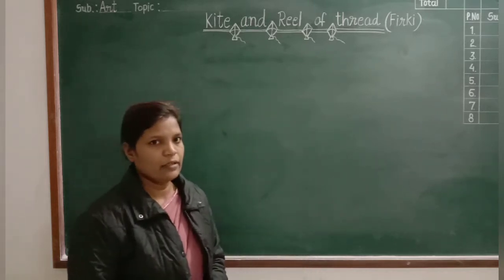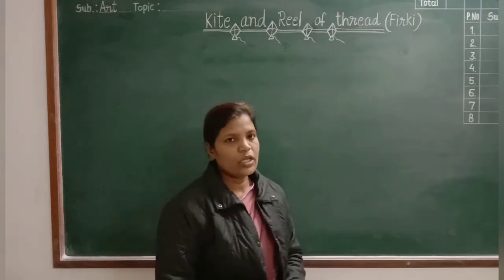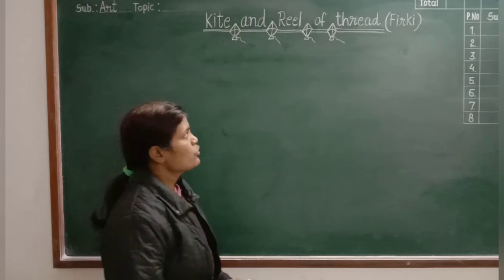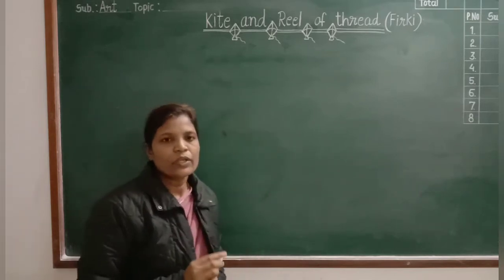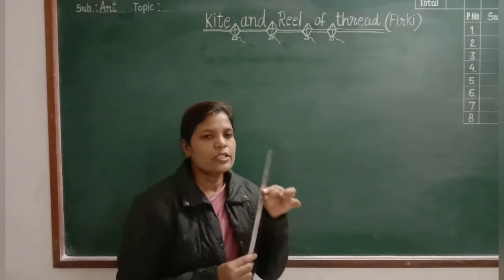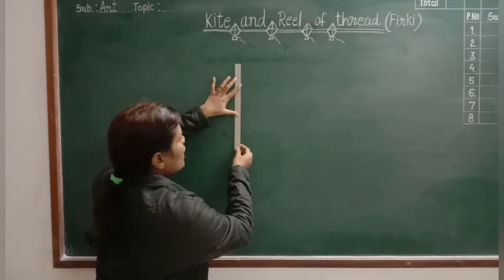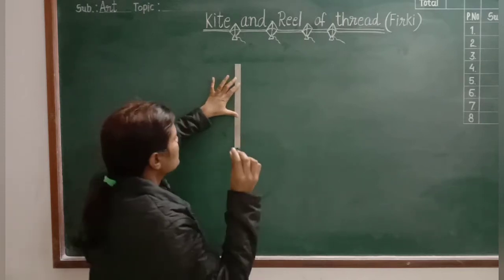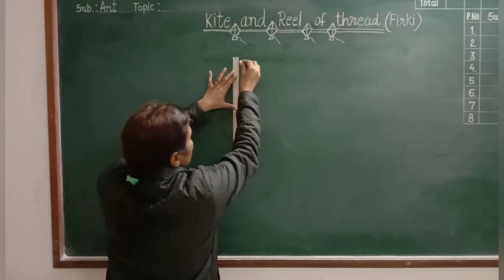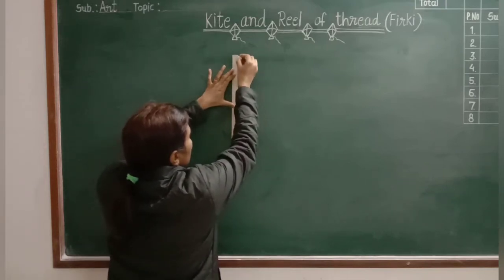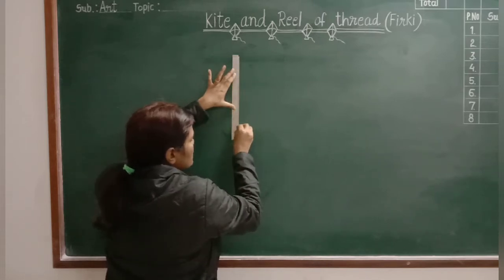Reel of thread. We can call reel of thread firki also. Okay, so let's start how to draw kite and reel of thread. First, you have to take scale, okay, and with the help of pencil draw standing line. Draw a standing line like this with the help of scale,